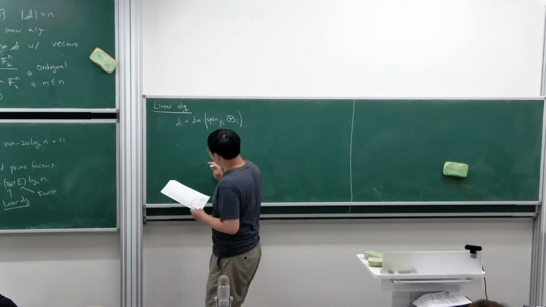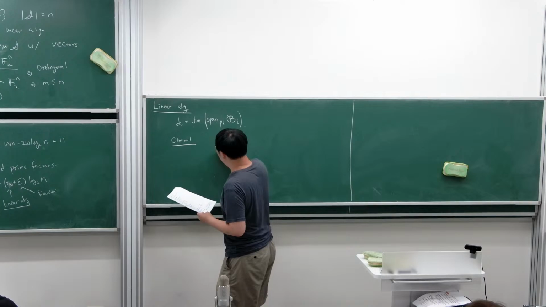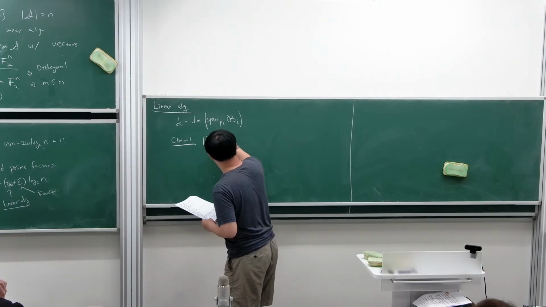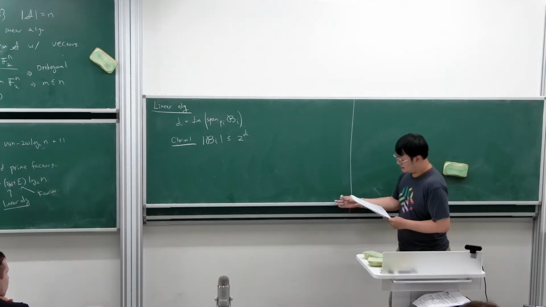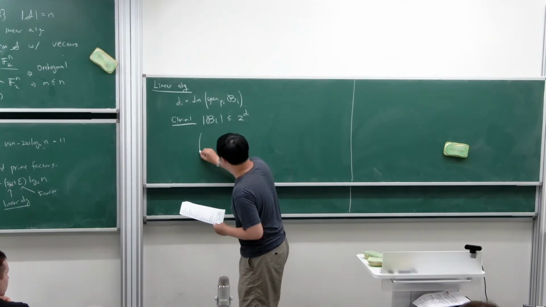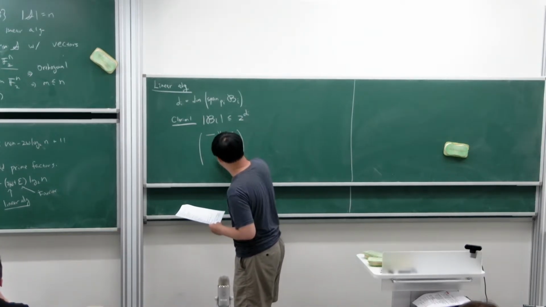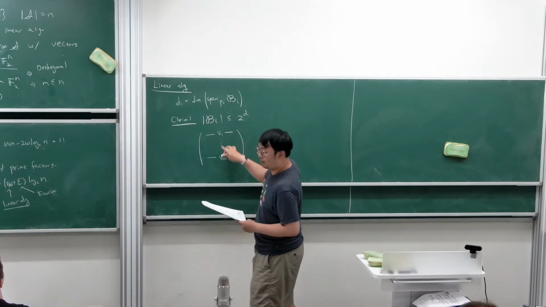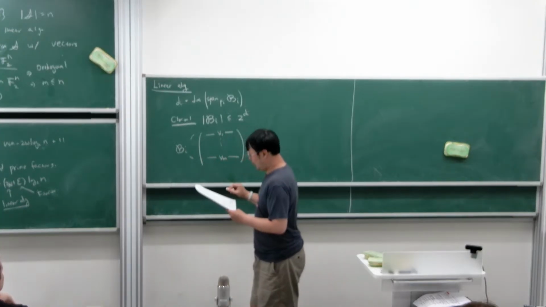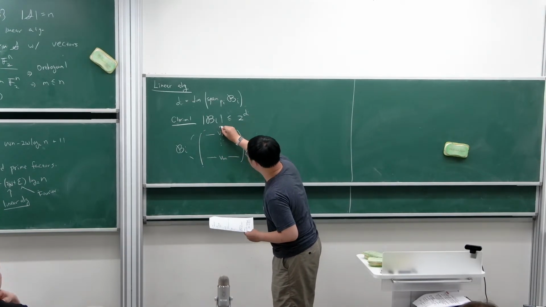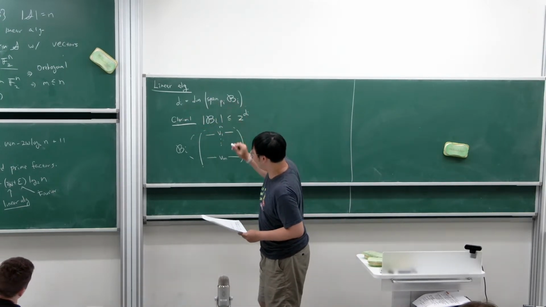And I claim, the first claim, is that the size of A_i is upper bounded by 2 to the d_i. This is quite simple, because if you think about these B_i, each one gives you an indicator vector. So let's call them v_1 to v_m, vectors in B_i. The length of each vector is n. And since we're assuming this is the dimension of the span of B_i,